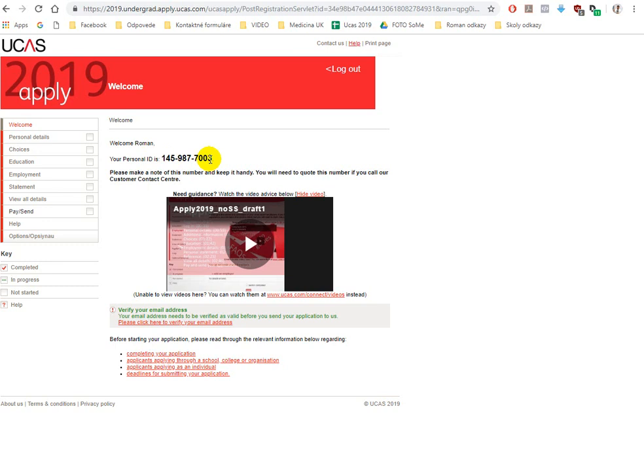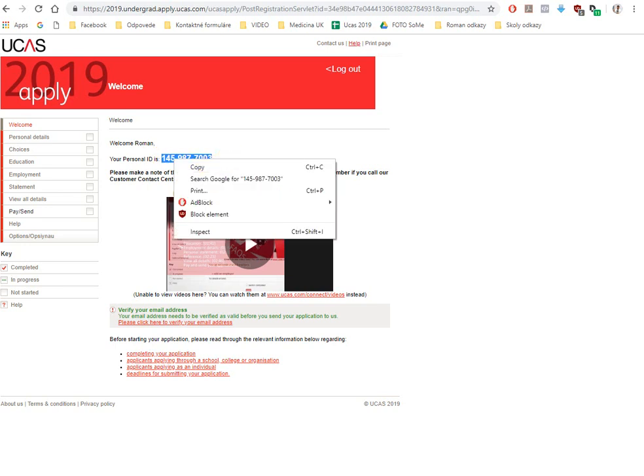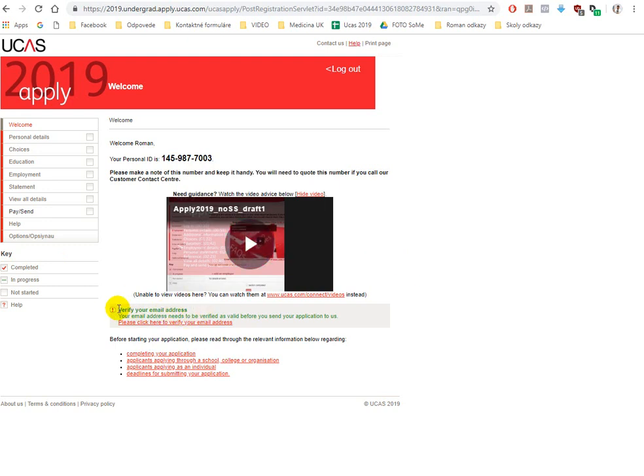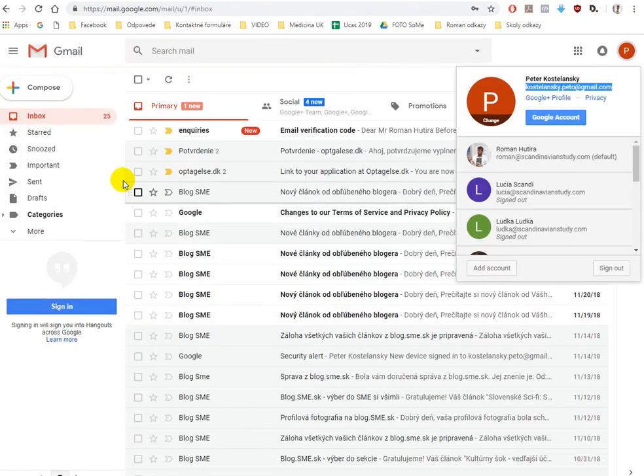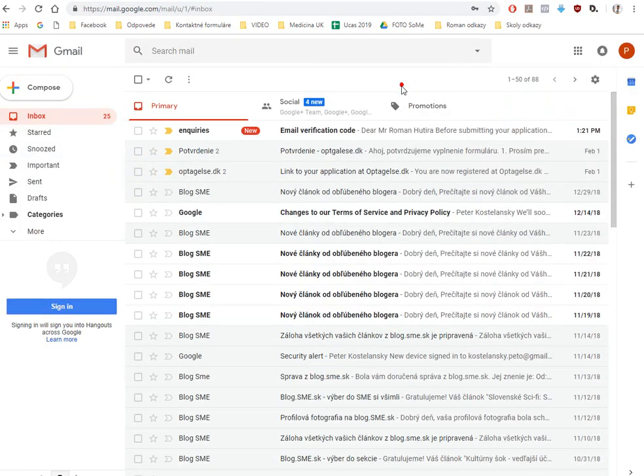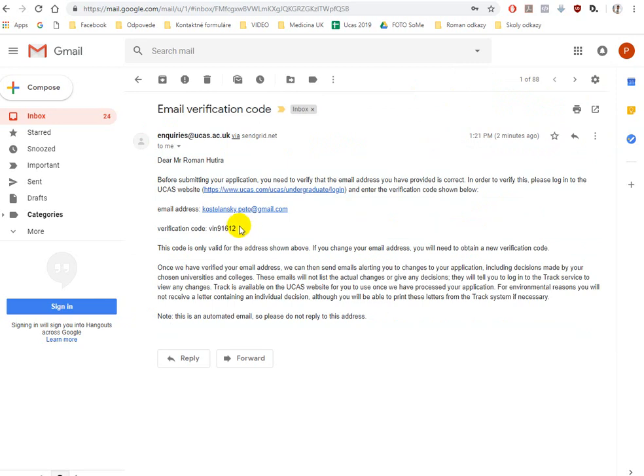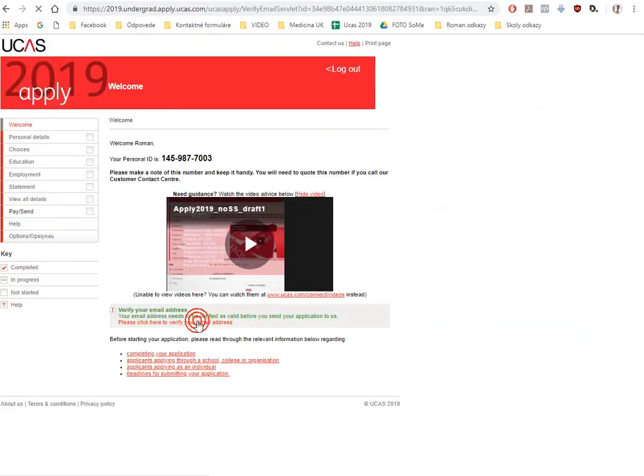And you do it with this ID and the password which we added into the system before. Alright, so just copy paste it and put it somewhere where you don't lose it. Here you are. I was telling you to insert the correct email, because to our email should come a verification code. It came. So just copy paste this code,